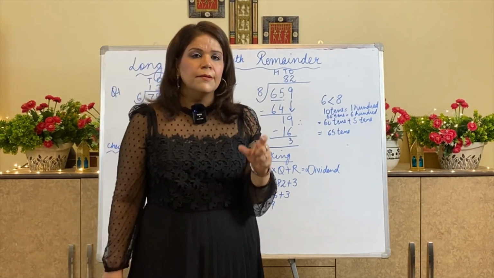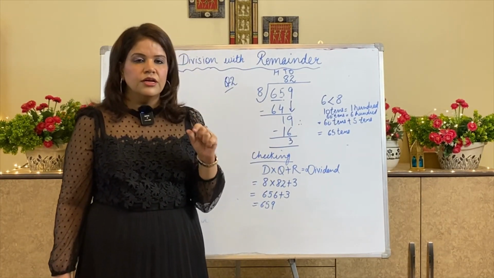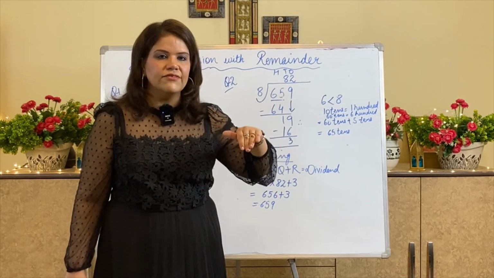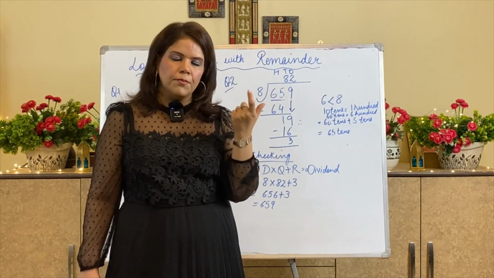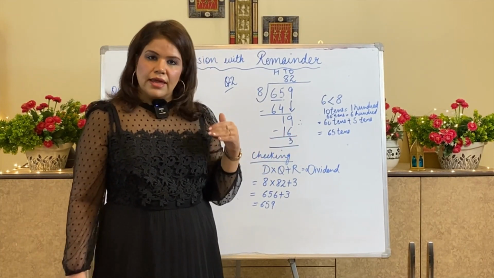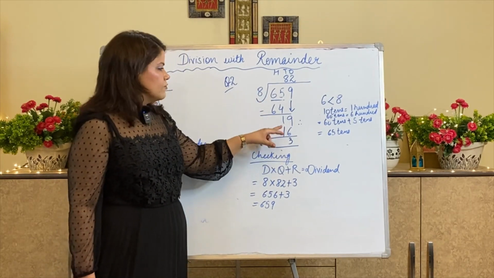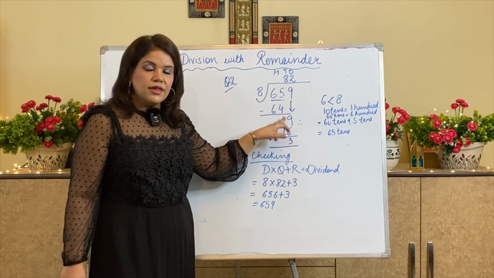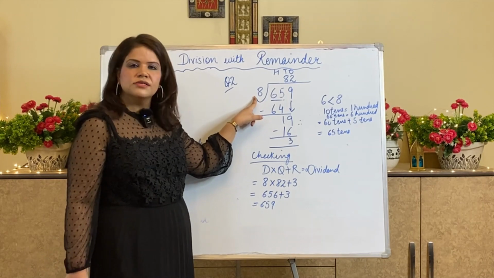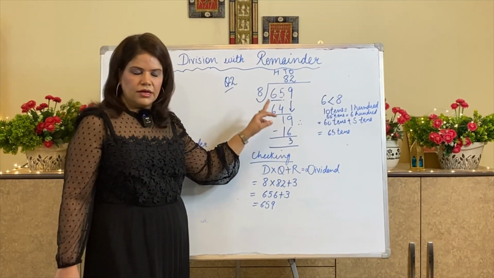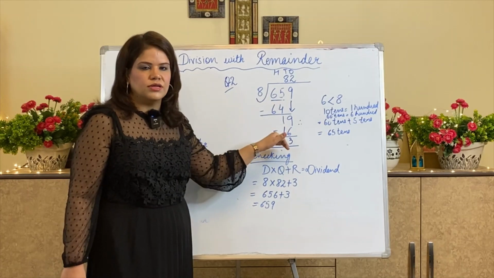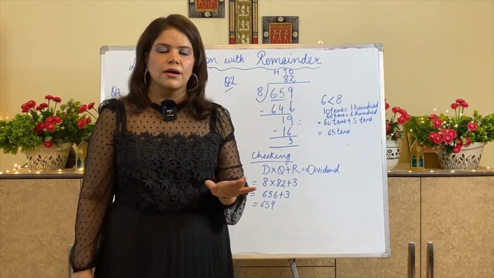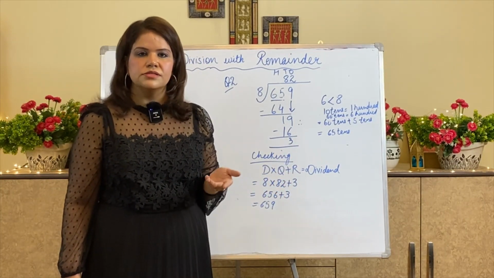You have to see that the digit which you are taking from the dividend should be greater than the divisor. In case it is less than the divisor, then you will include one more digit of the dividend. Then you have to subtract and whatever number you get, with that you have to include the next dividend digit. And then you have to again see whether there is any number in the table which is just below this. And then if you are getting the remainder, then you can do the checking part. If it is going completely, that means the remainder has come 0.